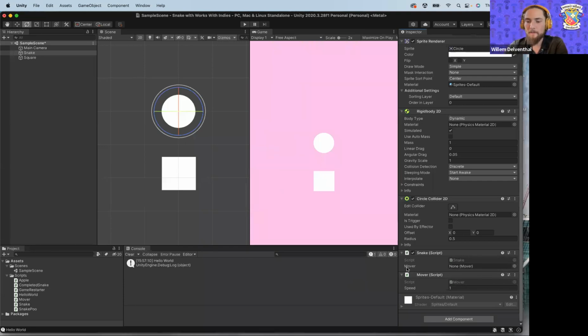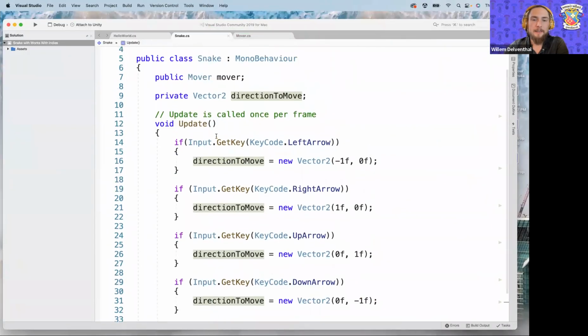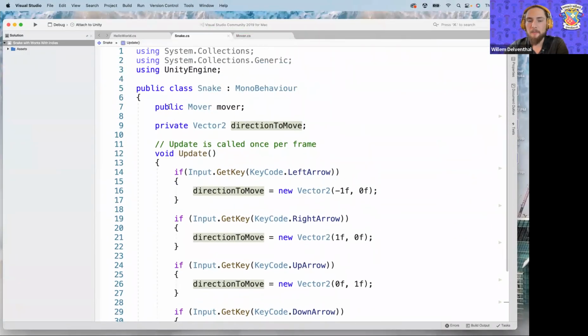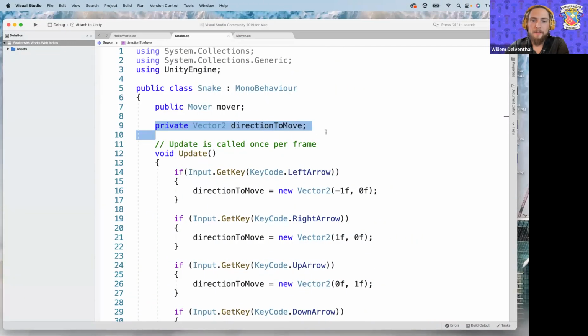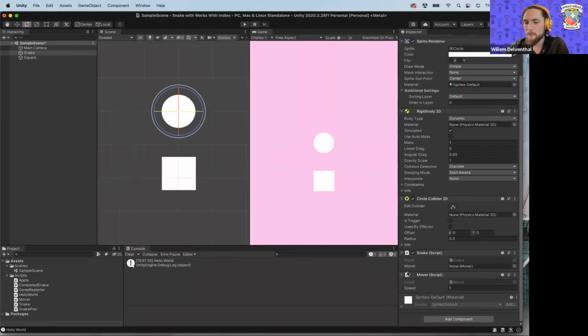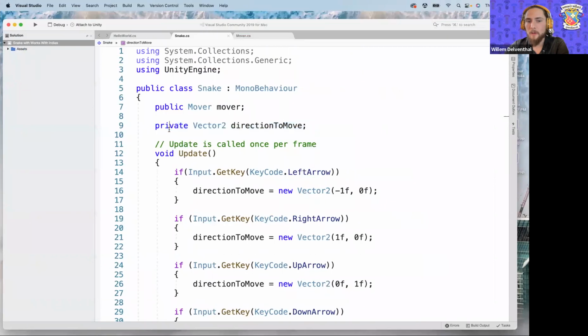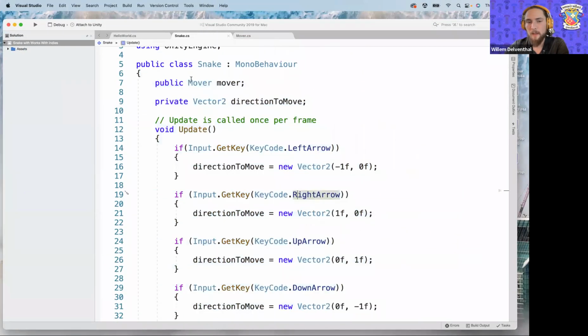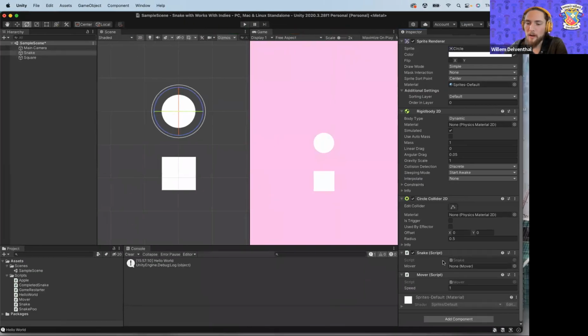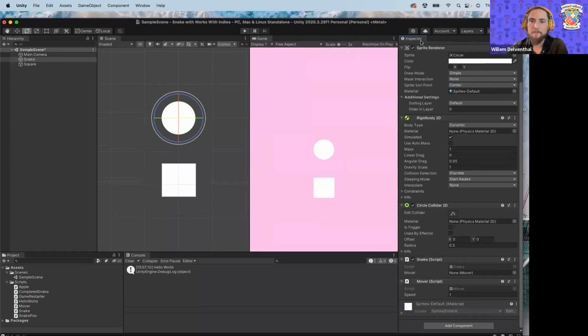So this, we can see actually, is the difference between a public and a private variable. Our public mover is visible here in the inspector for us to manipulate and edit. Our private vector2 direction to move is not visible in the inspector because it is private. No one is allowed to see it who is outside of this class. Now for our snake to work, it needs to be able to talk to this mover right here. If I were to hit play right now,